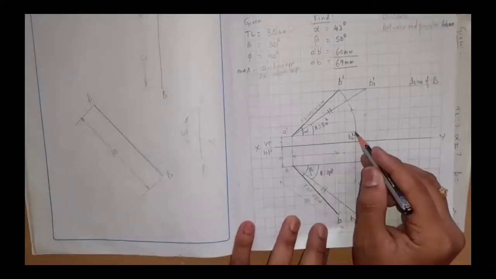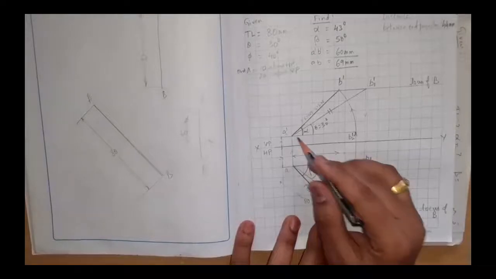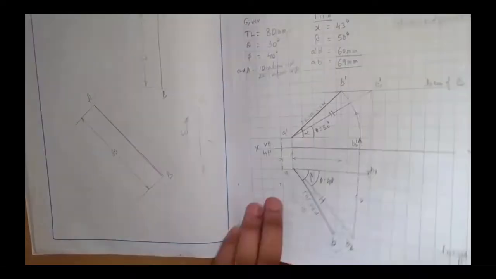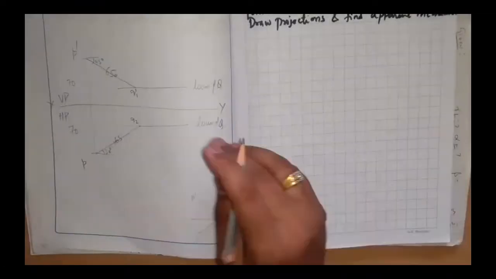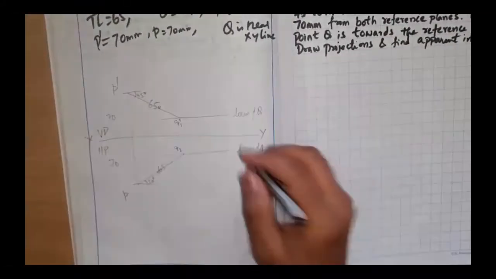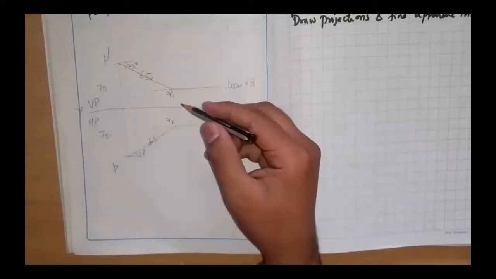This is the front view length because A was fixed. B2 to B2 dash, because A dash was fixed. I am moving it till there. See, I have got almost 50% of the problem. Only I need to find out P dash and Q dash, not Q1 dash and Q2 dash.